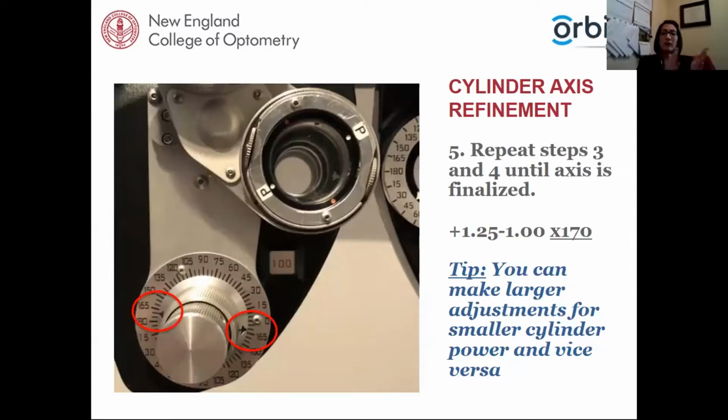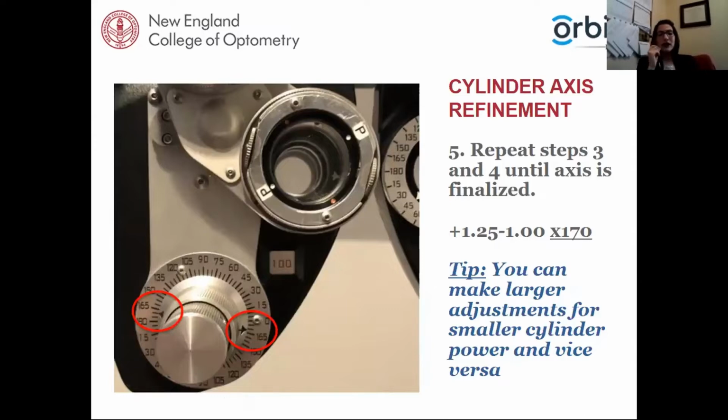But if a patient is going back and forth, so let's say in this example, the axis has moved from 180 to 170. Let's say they're going back and forth, and maybe at one point they choose to rotate clockwise, so then you take them to 165, and then the next time you give them a choice, they want you to rotate it counterclockwise, which would be maybe closer to 170. So they're going back and forth. At that point, you just choose one, and then you move on